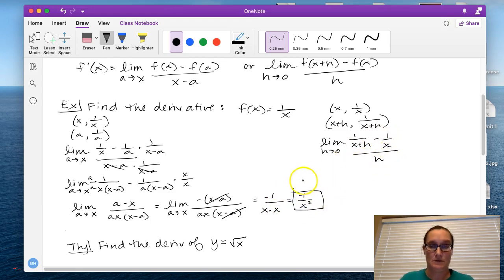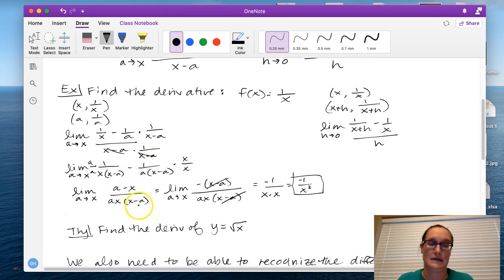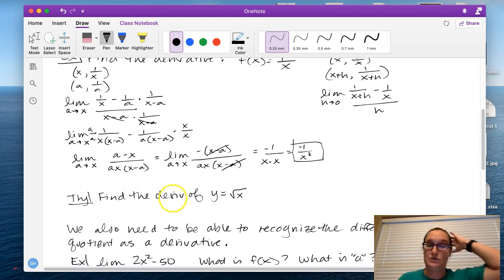You'd get the same thing with this one. You just will do slightly different steps. It'll look slightly different, but it's the exact same steps. All right, so I want you to try to find the derivative of y equals the square root of x. You're going to have to multiply by the conjugate to solve the limit, but at least try to set up